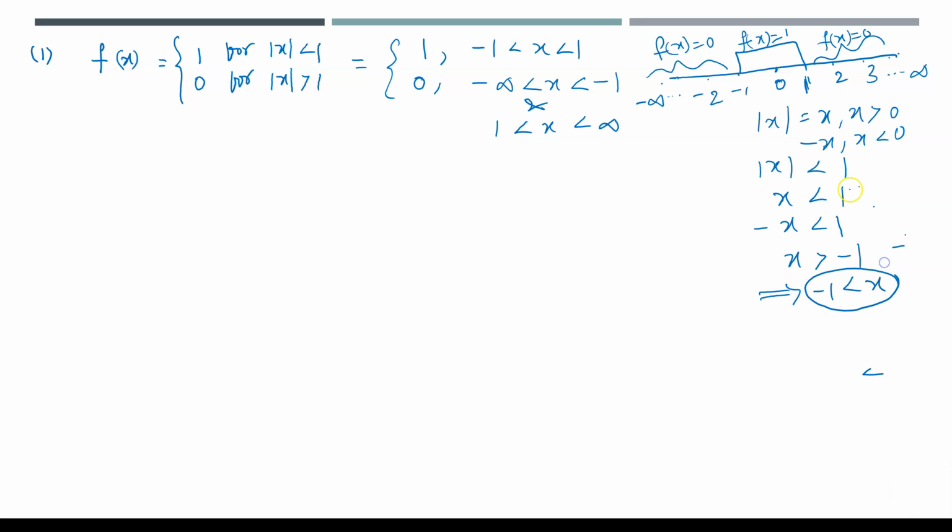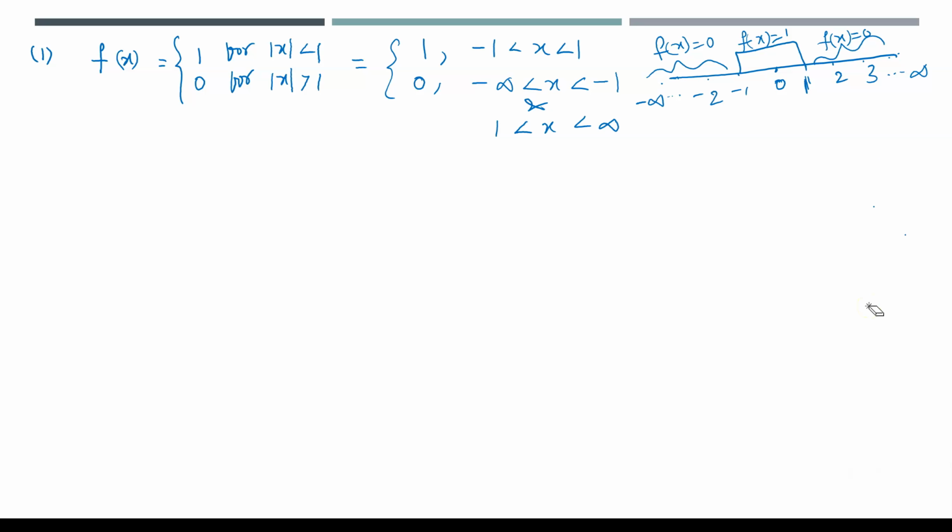If you club this one and this one, you get minus 1 less than x less than 1. So we can write |x| less than 1 as minus 1 less than x less than 1. Now after modifying these limits,